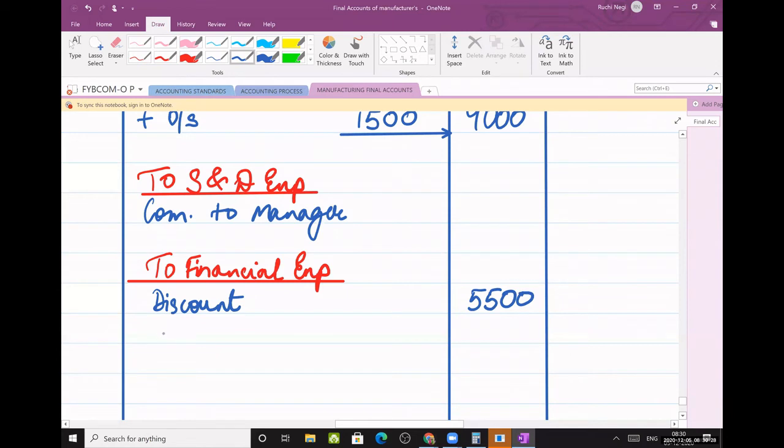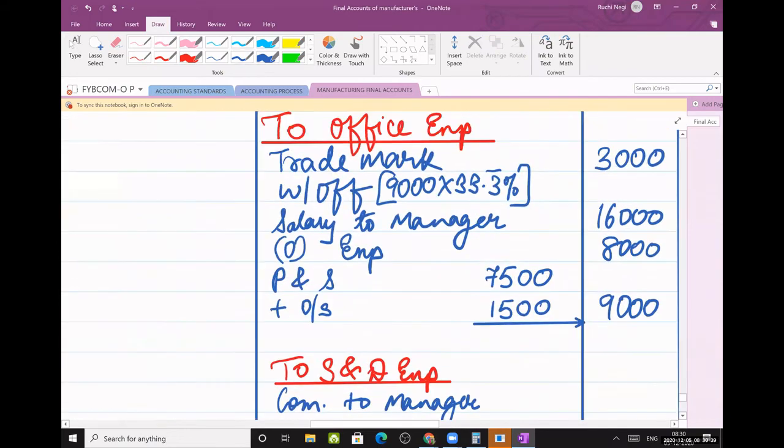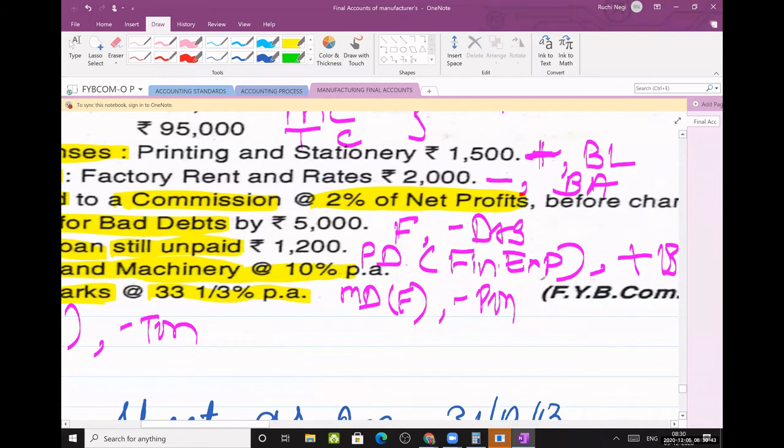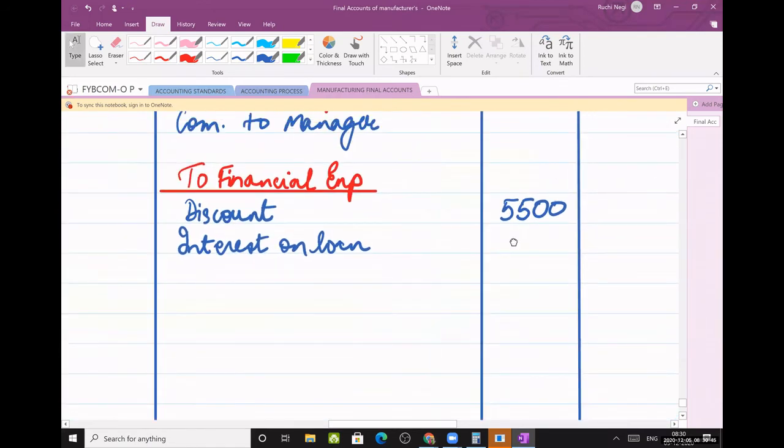Next, interest on loan. Interest on loan, how much it was? 1,200. Okay. 1,200. Next,